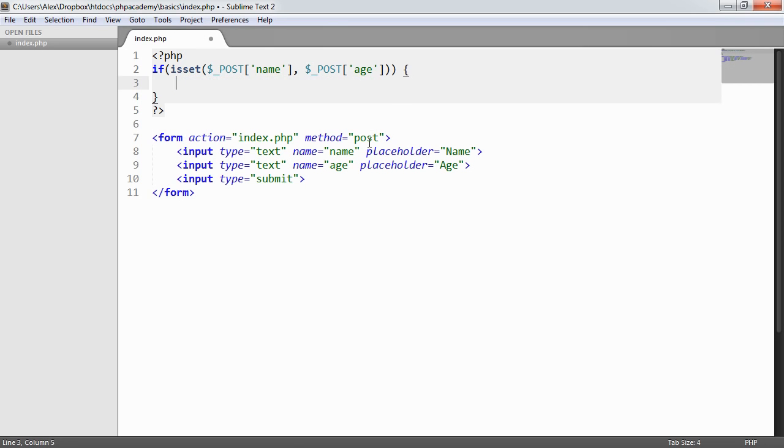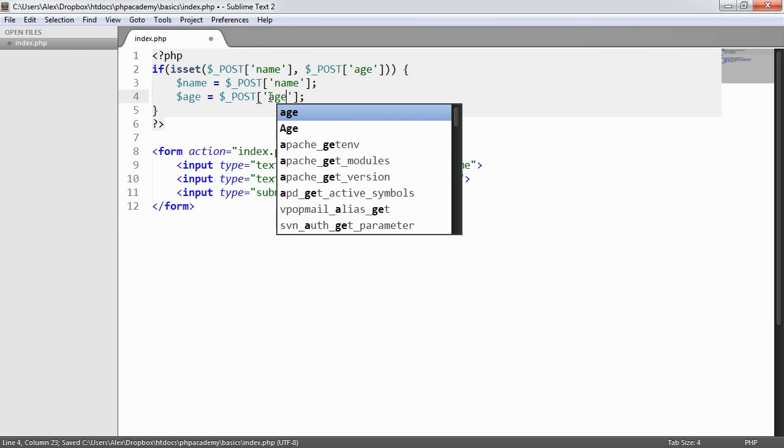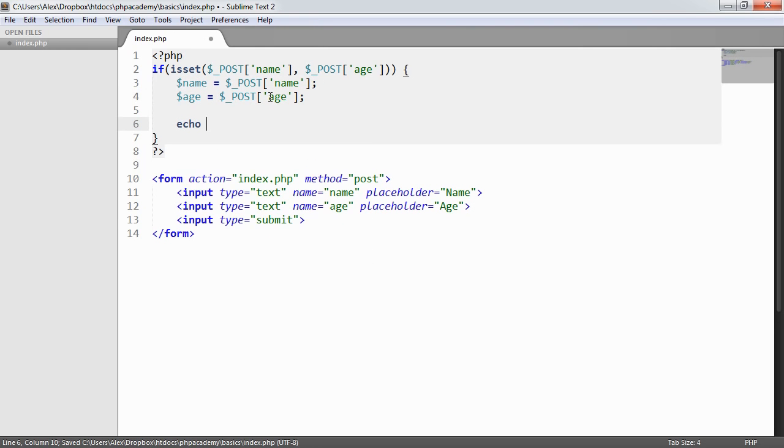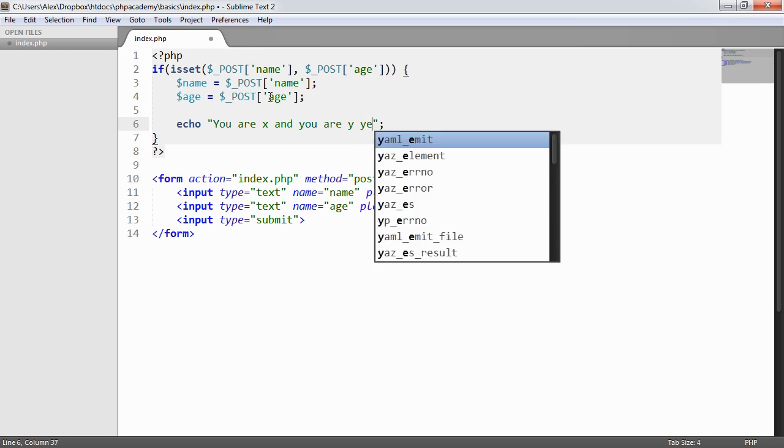And what I can then do is refresh and go ahead and type in a name and just type in any age into here and click submit. It says name and age are available. So in this case, what I can actually do is I could say something like name equals $_POST name, because I know that that exists now, and I can just duplicate this down and do exactly the same thing for the age, and then I can down here echo out you are X and you are Y years old,